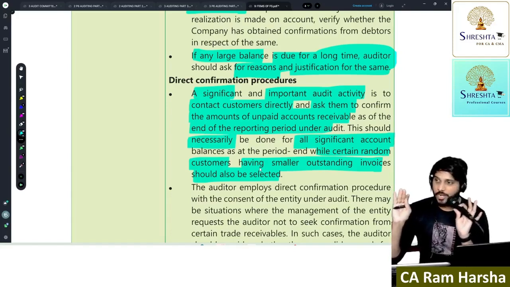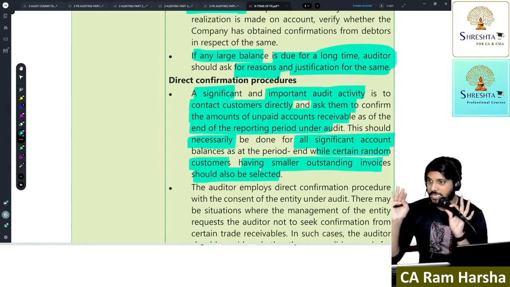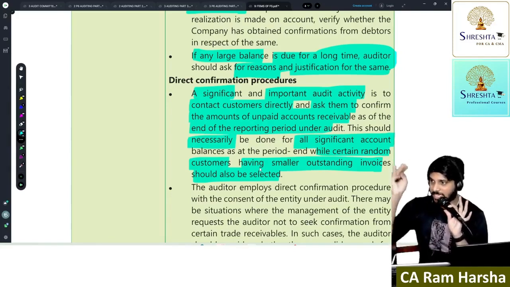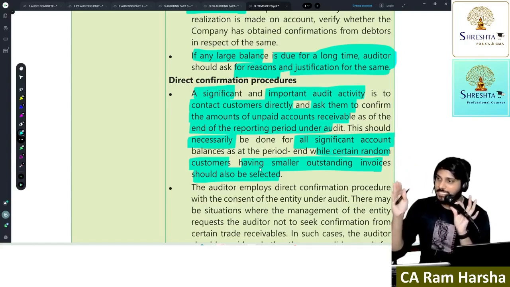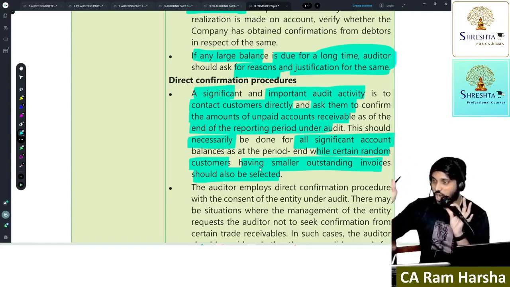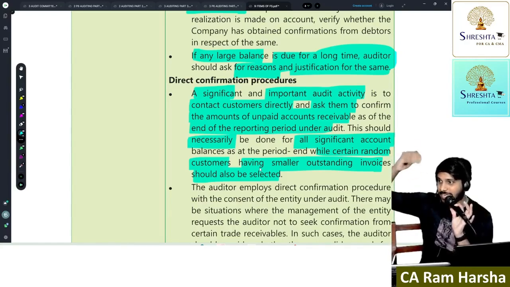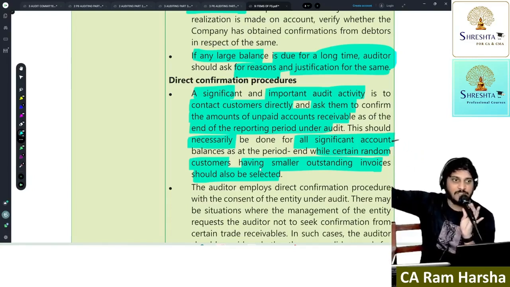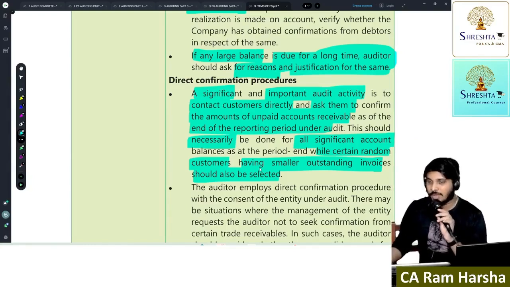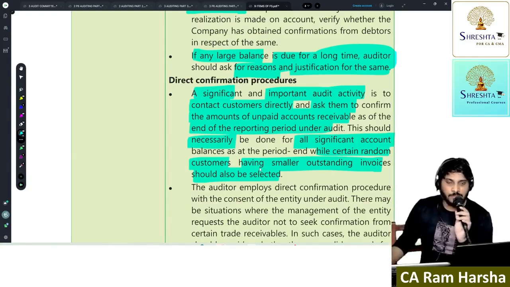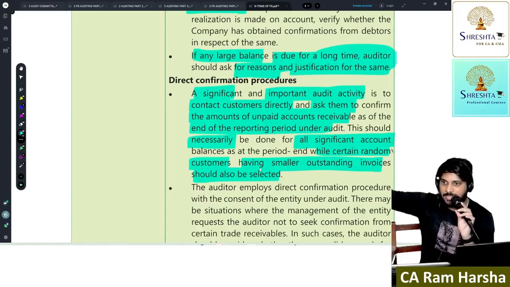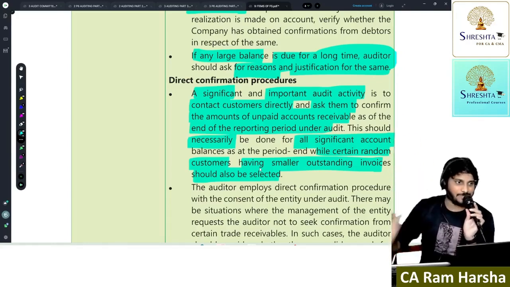As part of our audit program, we found that your account has an outstanding balance as on 31st March and not yet paid as of today. On the date on which we are sending the confirmation, we will mention the date within brackets. The amount is 10,50,000 rupees. Kindly confirm within 3 days from the date of receiving this request.